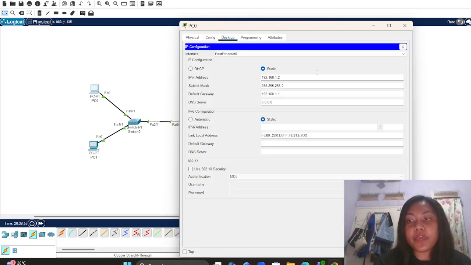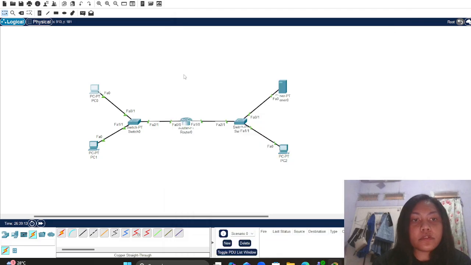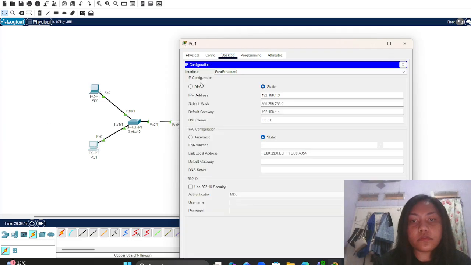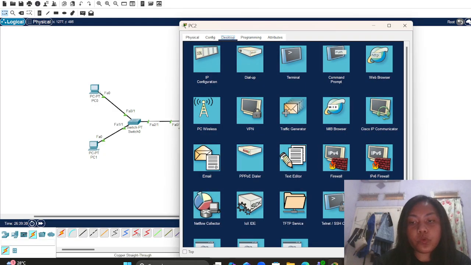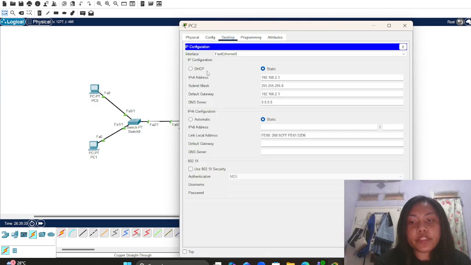Next, I configure the IP address and the default gateway for all devices. For PC0, I use IP address 192.168.1.2, and for PC1, I use IP address 192.168.1.3, and for PC2 I use IP address 192.168.2.3,